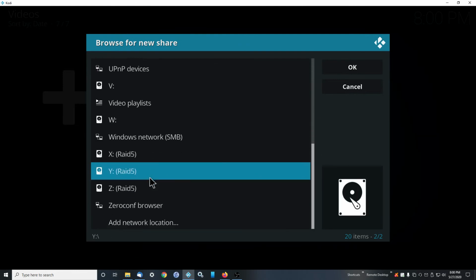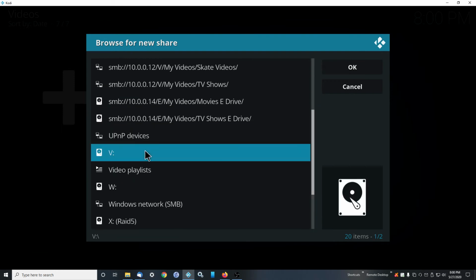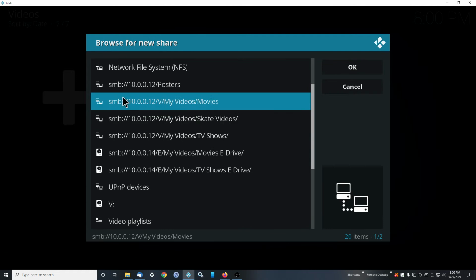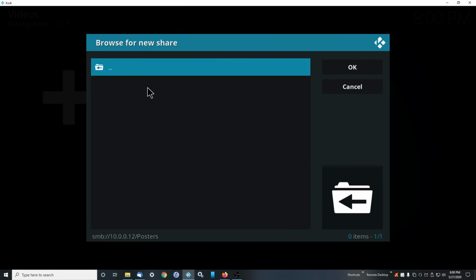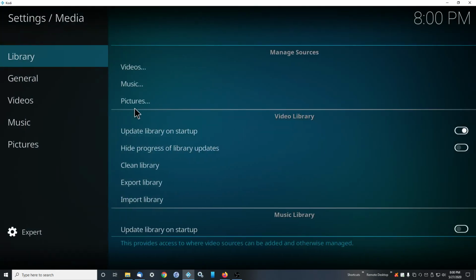Otherwise, you can just add it wherever you put the folder with the manually added movie posters. So in here, this is my server, and then I made that folder called posters, and I put them in here. And then once you get that done,